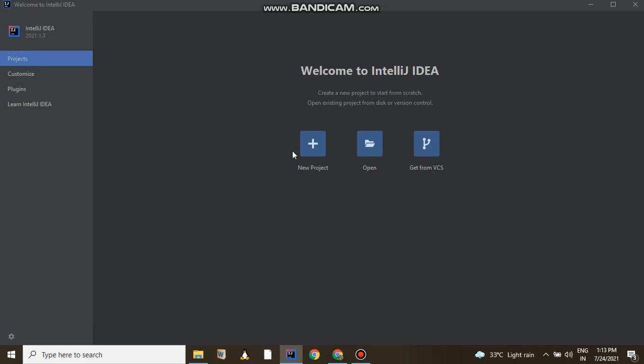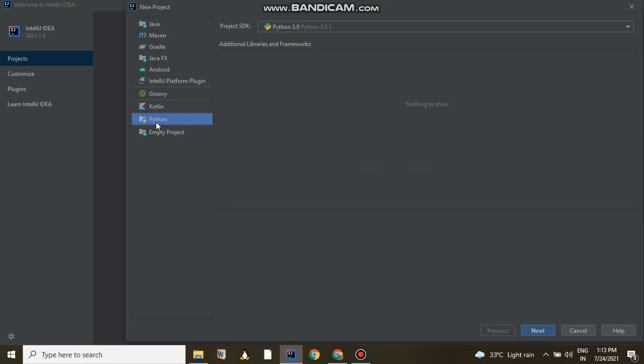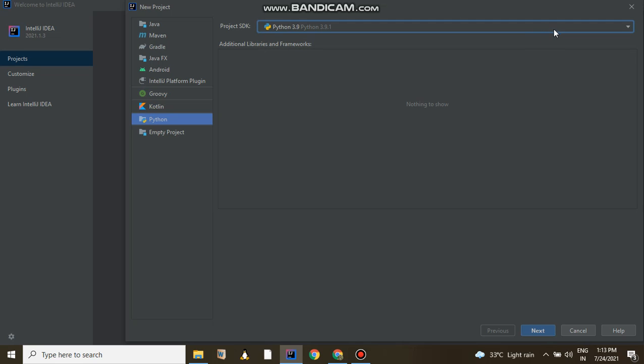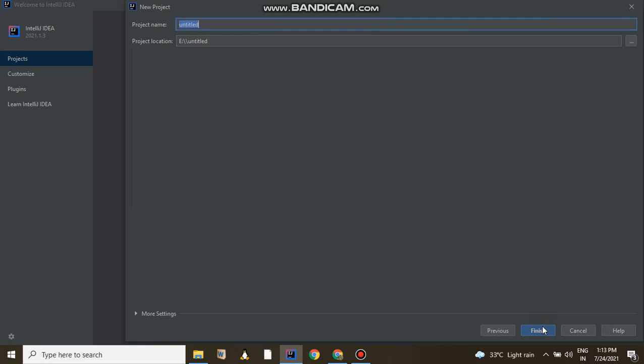So now let's create a new project so that we can run our first Python program in it. Open a new project. You can see Python is mentioned here, right? And in the SDK section you can see it is automatically taking 3.9, right? If you have another Python interpreter installed on your machine, then you can go for that. That is optional, but it is automatically detecting. IntelliJ IDE is very handy for us, it gives a kind of ease of doing, right? It will automatically detect the SDK of Python, then just go to next.